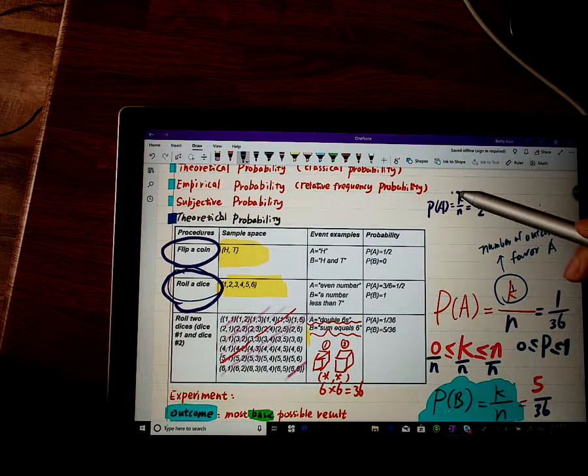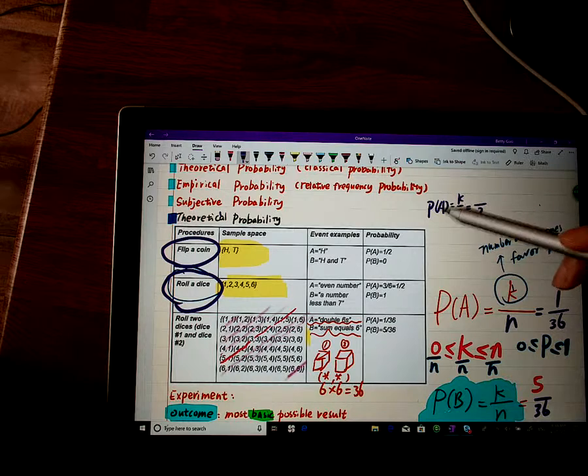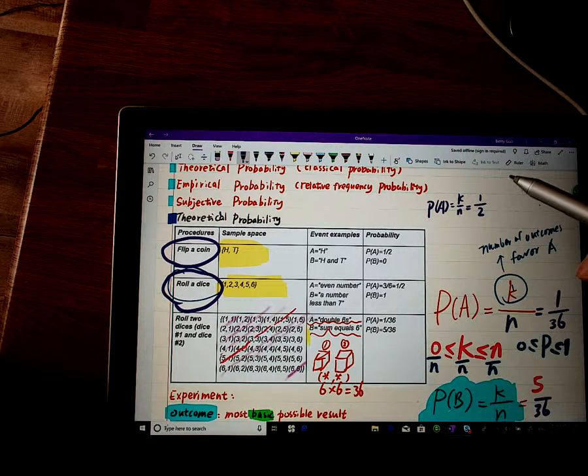Among the two outcomes, how many of them favor the event A, getting head? Of course, 1, right? So that gives you half or 50% or 0.5. It's consistent with the result that we